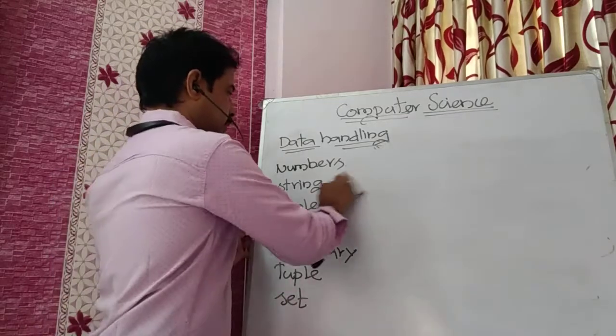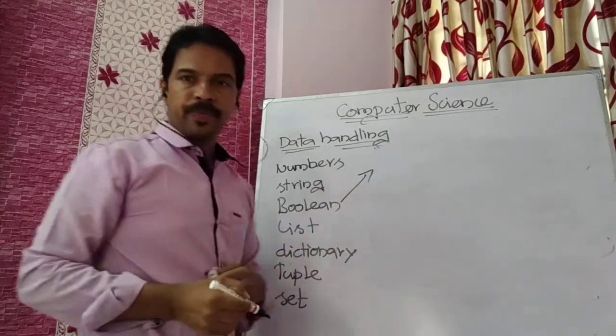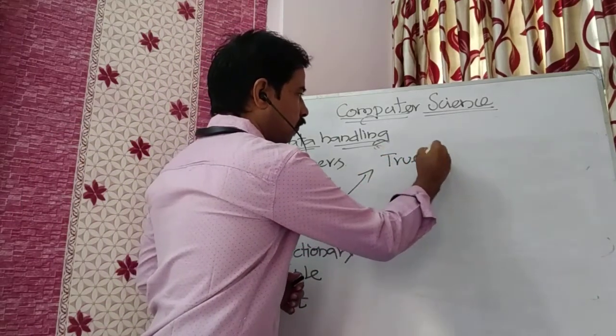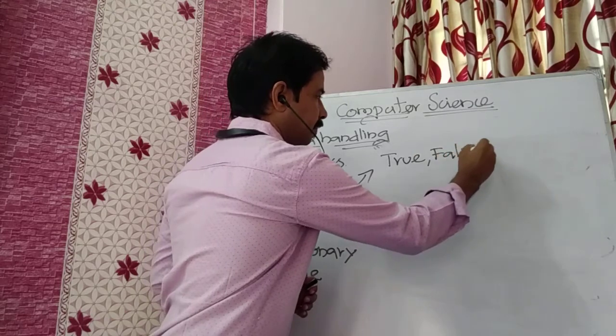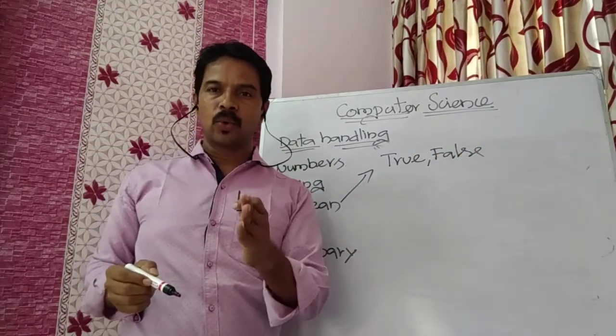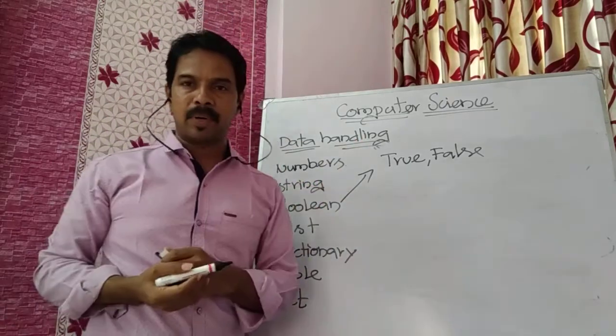Next, the Boolean type. Boolean means what? Either true or false. Boolean means it will give the answer either true or false, only these two. Okay, for example,